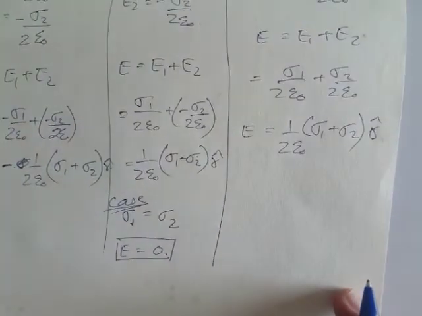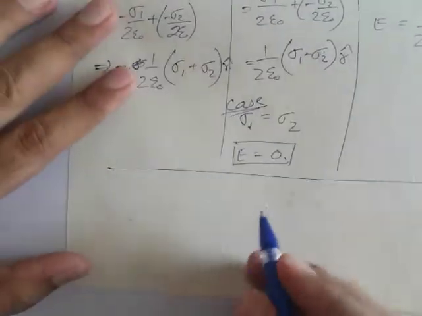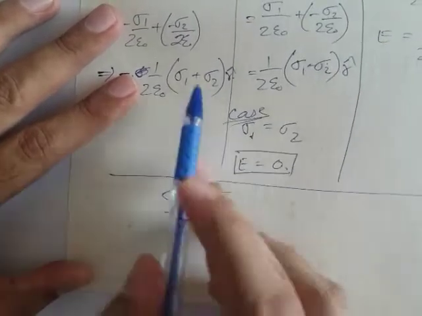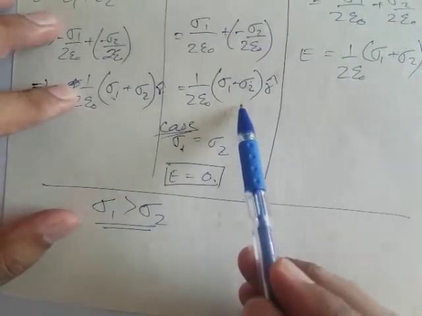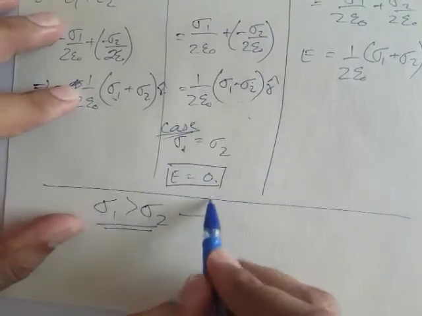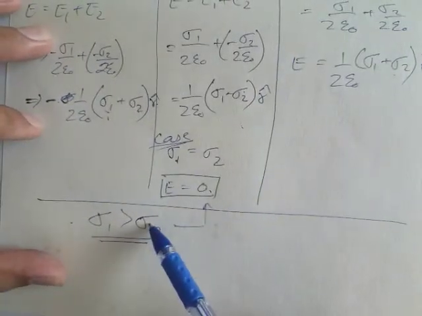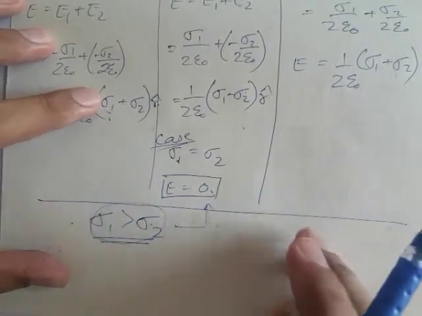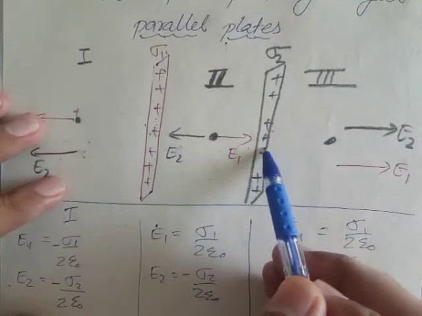Now another thing we need to consider here: the resultant can change as per the charge densities. It is common for all. If sigma 1 is greater than sigma 2, we need to take care here. If it is addition or subtraction, then it will not be 0. Here in this case it will change, and the direction will matter. Otherwise, we just need to sum them up. Same thing. But if we consider one as positive and another as negative, what will happen?